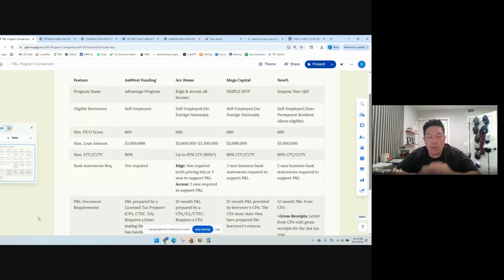So the 10% may not always work, but now let's just say that the bank statement program doesn't yield the qualifying income that your borrower wants to get that larger home price of north of $1.5 to $2 million, right? But they really want that. Again, this is where the P&L program can come into play to satisfy that want for the borrower, because P&L programs, particularly the ones that don't require bank statements,